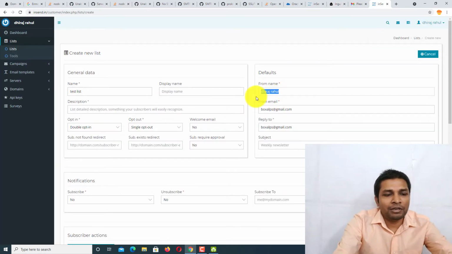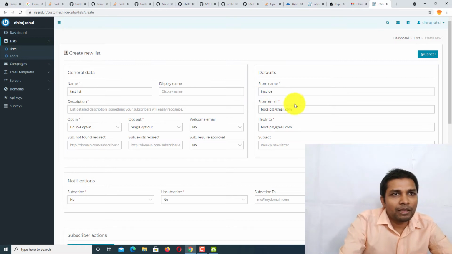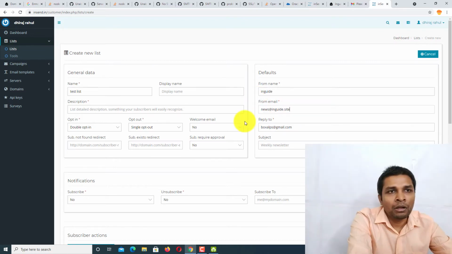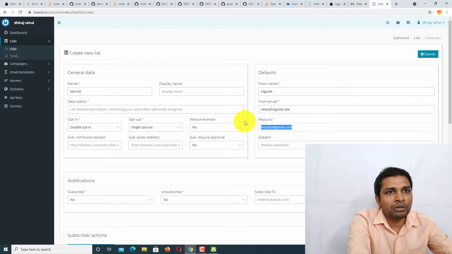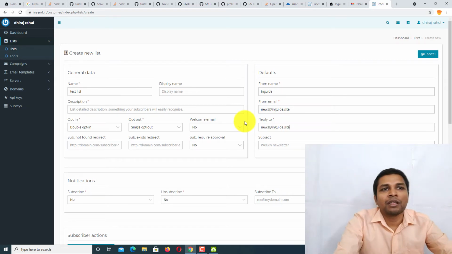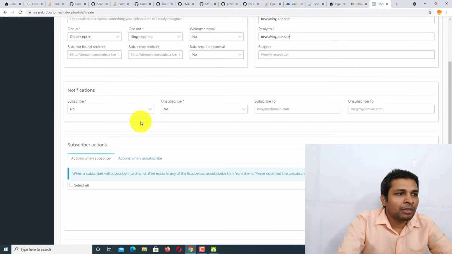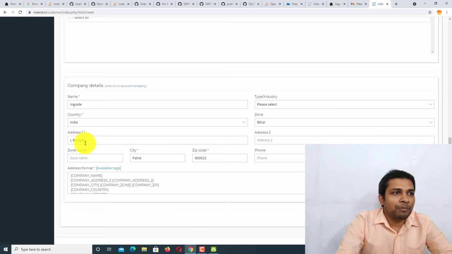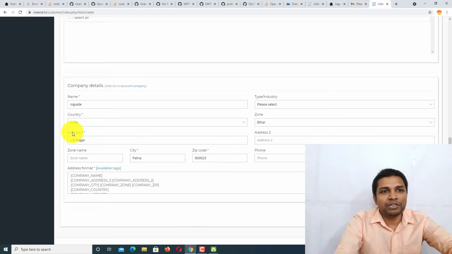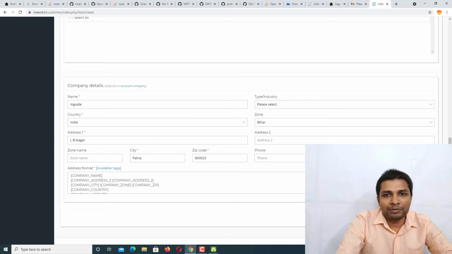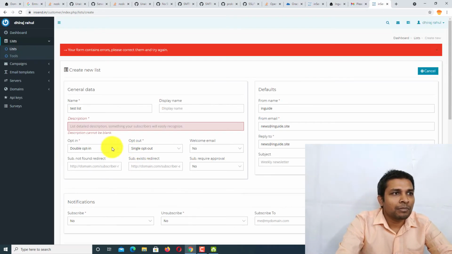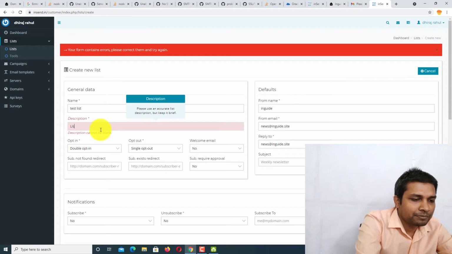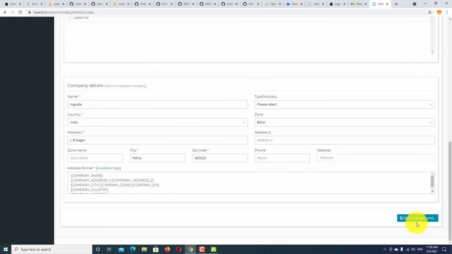now I'll change the name, InGuide, and the from email. Alright, so I want to receive replies on the same, and then you have to fill in the company details if you haven't filled them in. But if you have filled them in at the time of registration, then these fields would have been auto populated. After that click save changes or description. Alright, so